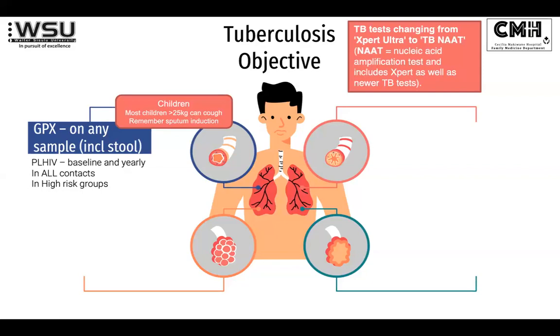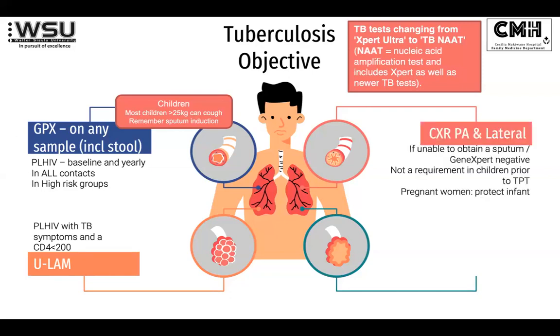And that just means nebulizing the child with some hypertonic saline and then suctioning the back of the pharynx with one of those little mucus traps. But it's very worthwhile to try on all possible contacts to actually get a sample. If there are people living with HIV, with TB symptoms and a CD4 under 200, we obviously have our urinary LAM as an option,